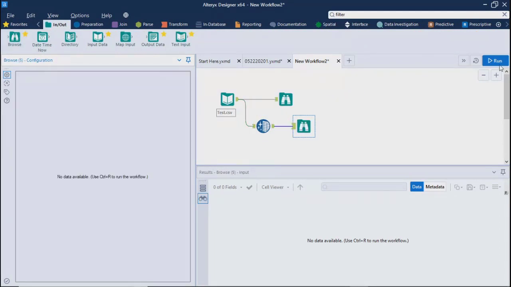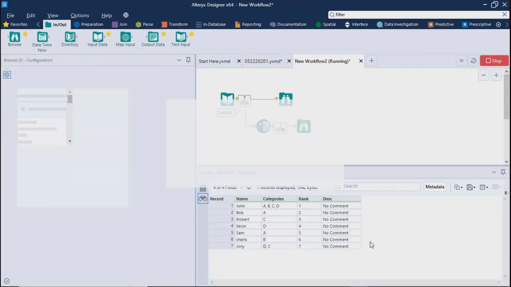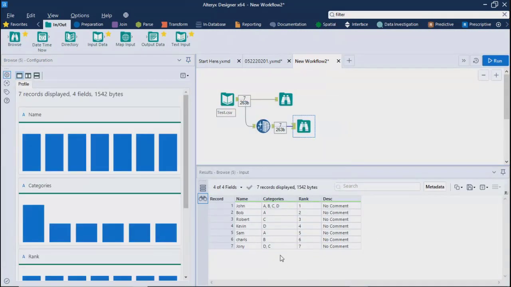Okay, just a minute. Now see the difference. This is exactly what I wanted to talk about. If you see this browse over here, what is happening? For John, you have all the 4 categories like A, comma B, comma C, comma D. It has new line character, but it doesn't appear over here. Why? Because comma is not mentioned. No, because we are directly showing the data we got from the file. It is with the new line characters.